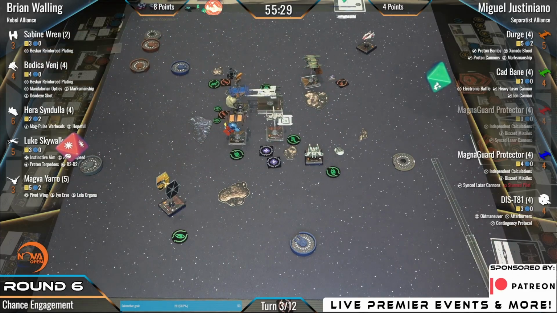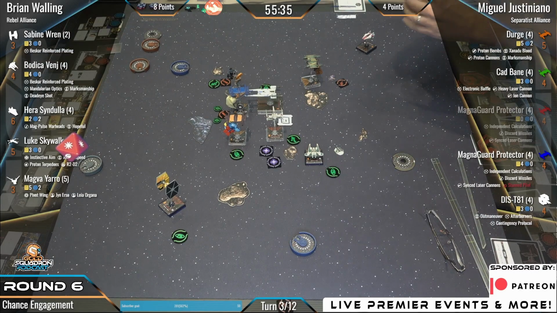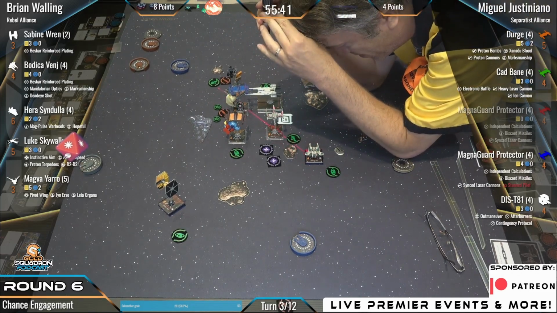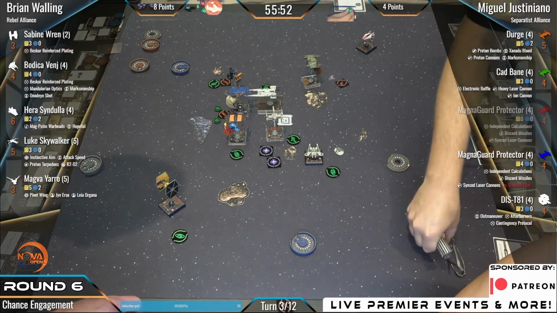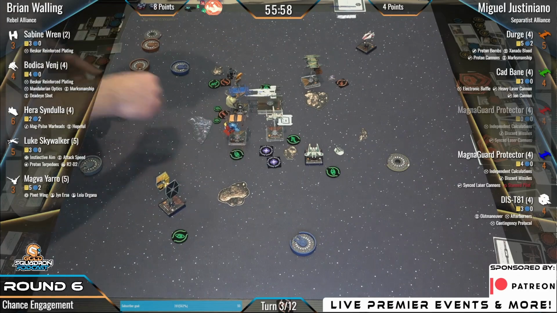Yeah, we get a judge call here. Bodica's trying to shoot at Cad Bane. We're going to get a judge call to see if the blue Magna Guard Protector is in arc of Bodica in order to trigger guarded. They're using fancy laser technology here to check on the arc. And yep, it's in arc, so Cad Bane will be rolling one additional die. I know there's some arguments about whether lasers are straight and all that stuff, but...